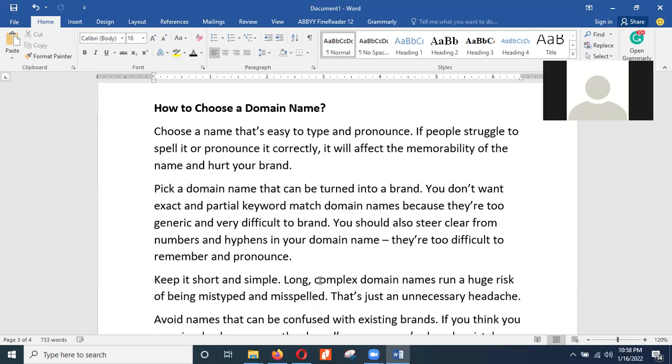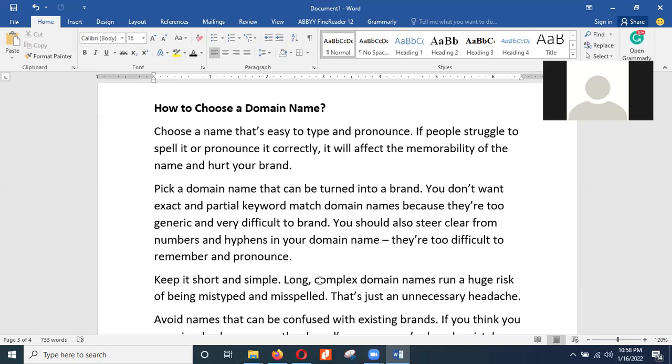Because when you have a domain name that people will struggle to spell or find difficult to pronounce, that means it cannot be easily memorized. And once a domain name cannot be easily memorized, it is difficult for you to share it. Someone can ask you, where did you get this information? You will now try to remember. But when you cannot remember, that means you cannot tell the person where you got that information. So you have to pick a domain name that is easy to memorize, easy to pronounce, and that can be